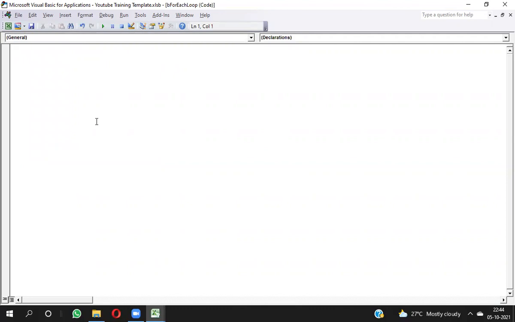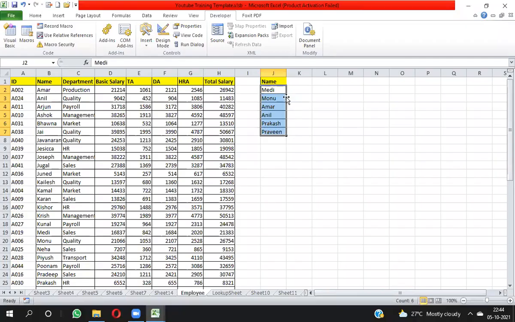Now I'm going to write the macro name, Sub, then the macro name, VLOOKUP function in VBA. First you need to decide how many parameters to pass in VLOOKUP. Here I need to pick department.